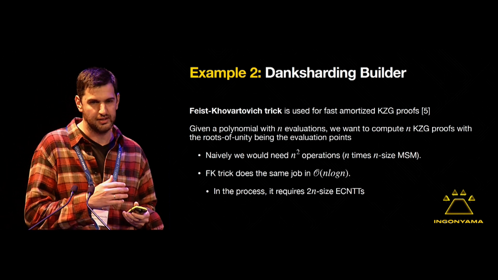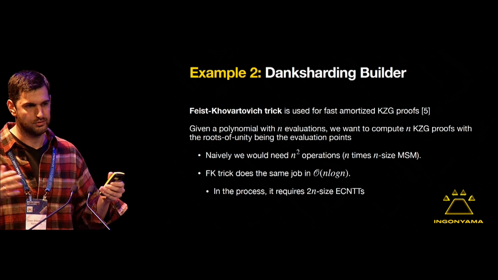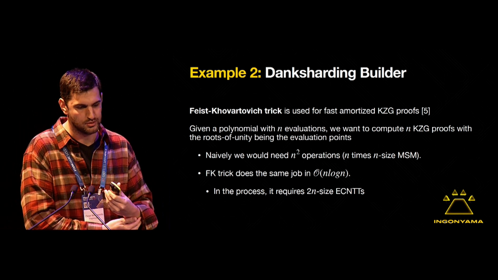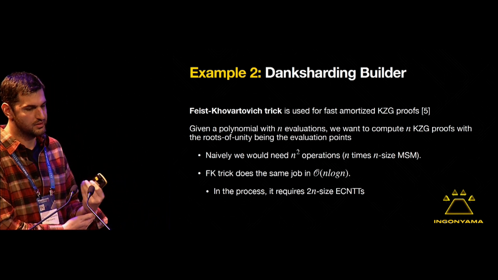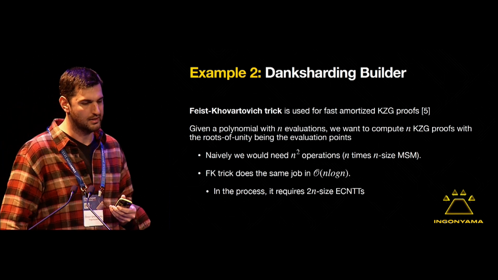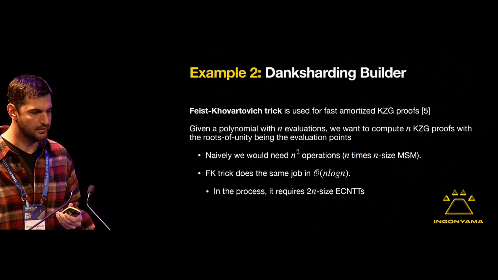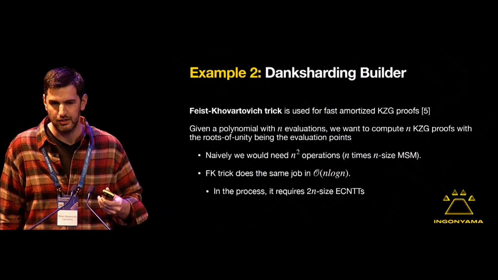Usually you can think about it as having a few MSMs that need to be computed at the same time, so n times n size MSM. So it's O of n squared. But using the FK trick, I can do the same in O of n log n. Okay? And in the process, I do need to use